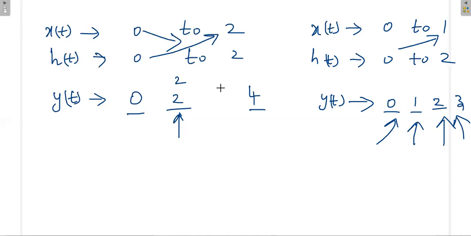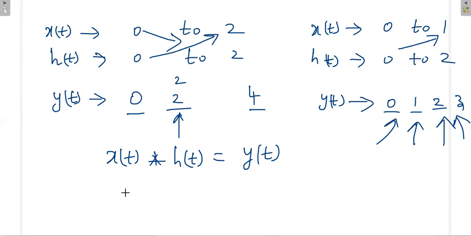And then one more property that we have to observe here: when we do the convolution of x of t with h of t, we get y of t. x of t is a signal, h of t is also a signal. That means system characteristics is defined in terms of waveform, signal waveform. So y of t is also a signal, and it will always satisfy the area property. What is the area under the signal x of t? What is the area under the signal h of t? Then what is the area under the signal y of t? This is called the area property for convolution. In general, convolution always has to satisfy the area property.